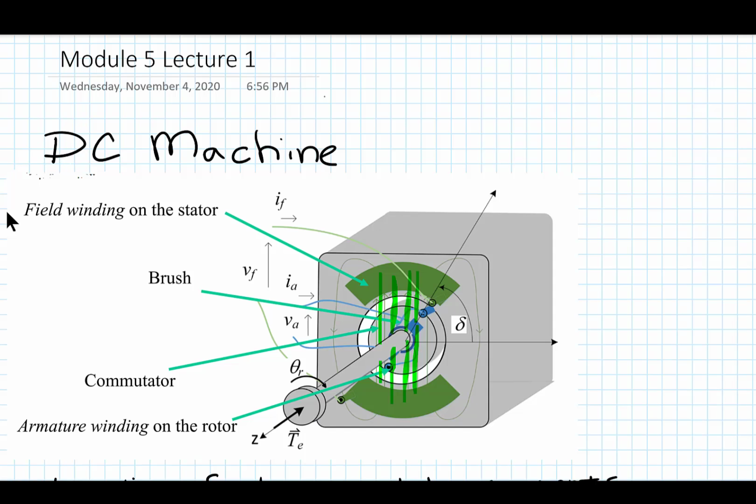So this green area right here represents the field electromagnet that we talked about. This green area here represents the electromagnet that is producing the magnetic field. This is the current that's going into that winding, and then you can see the current coming out right here. So you would create an iron core structure, which is what is shown right here,